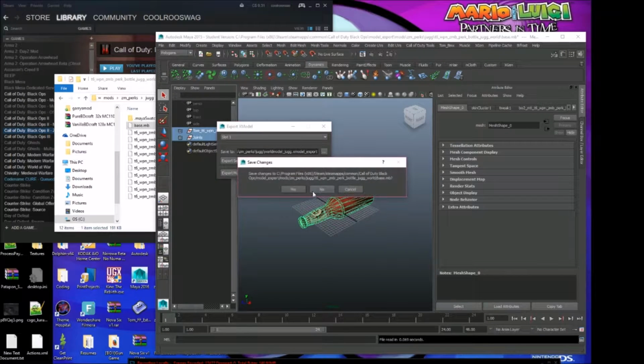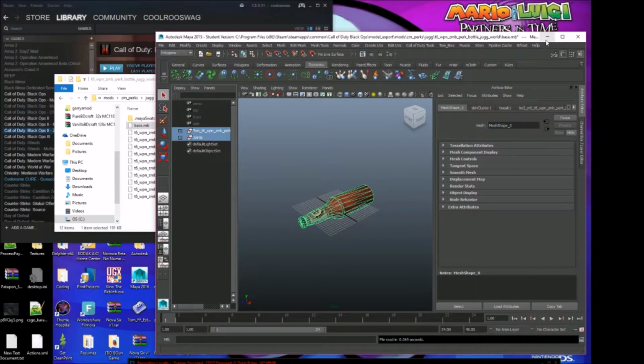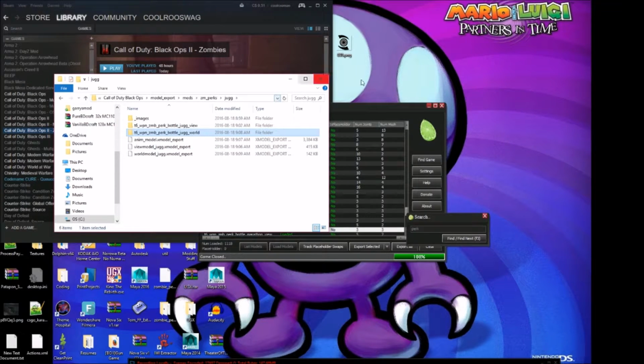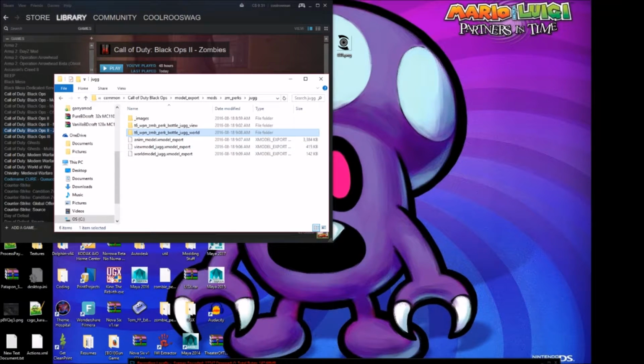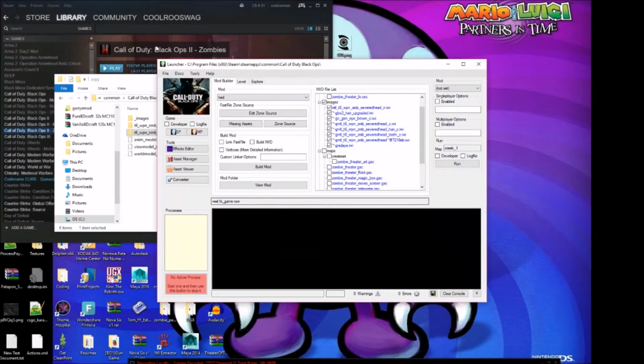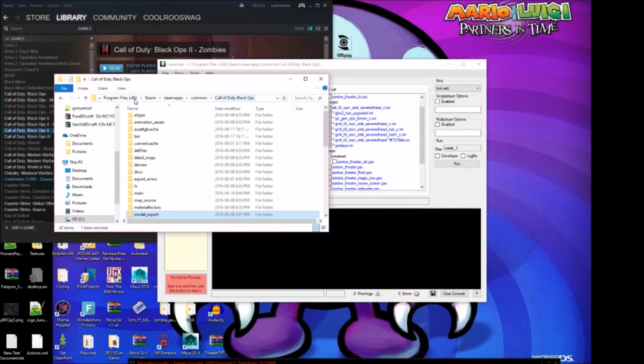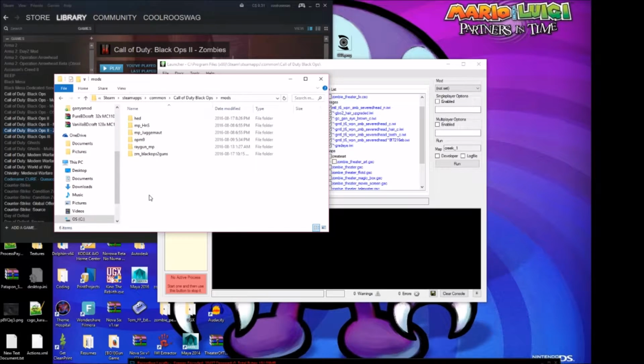Save, export. So now we have our world model, our view model, and our animation model, and all of our animations. So we're making good progress. So next you open up your Call of Duty mod tools, go into your Call of Duty files, go into mods, new folder,